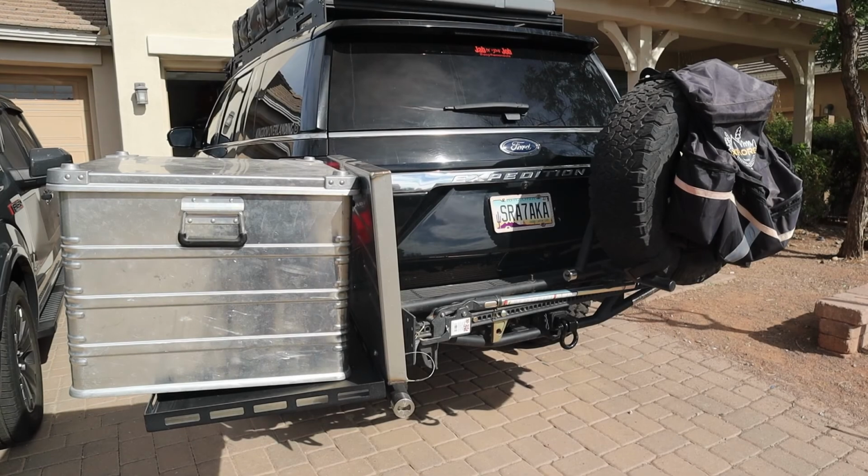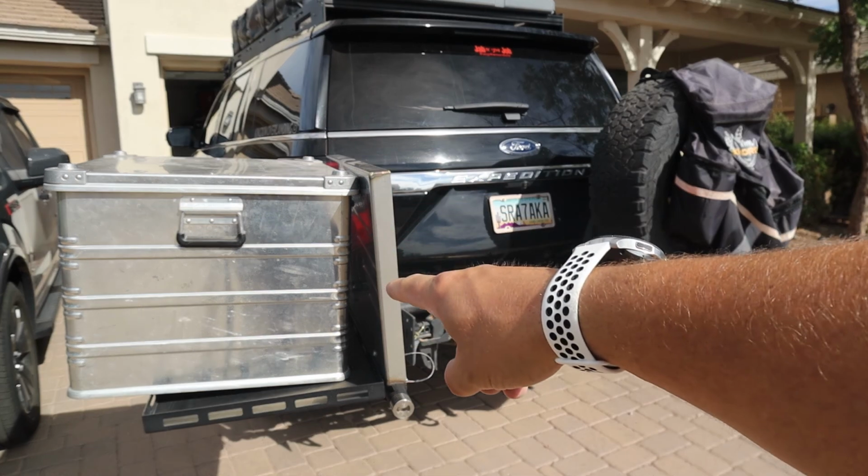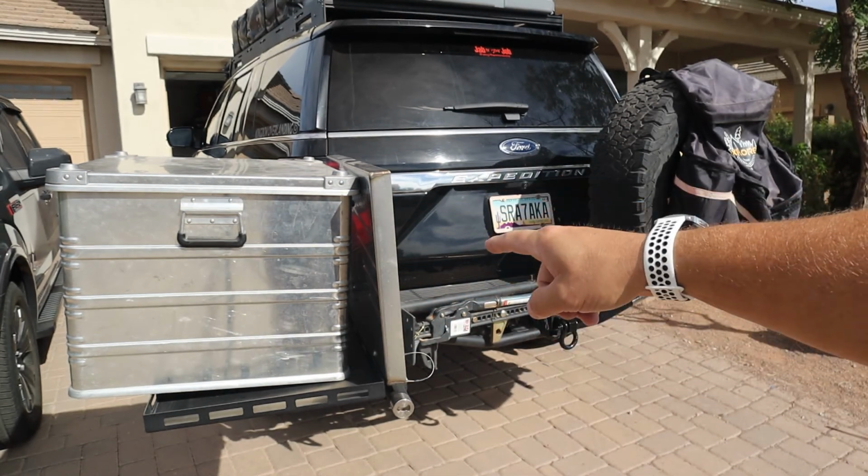All right, so here we go. We got the Westcott Designs double swing out. This thing's been a lifesaver. As soon as we figured out that we needed a new spot for the spare tire, this was the only answer. I mean, you've got this awesome swing out on this side, so we put the Zargus case on there,